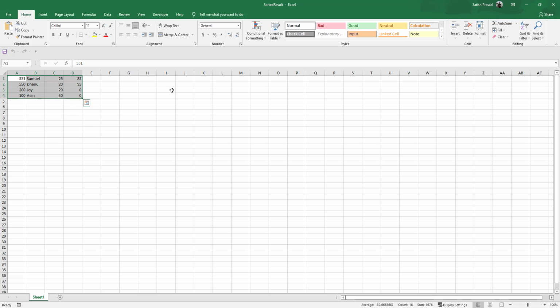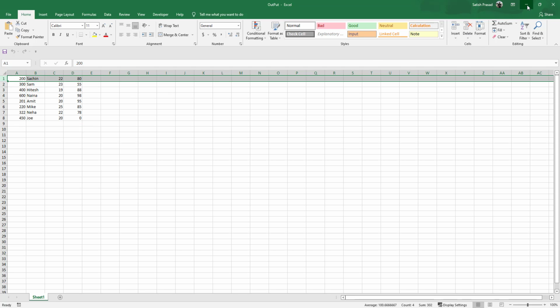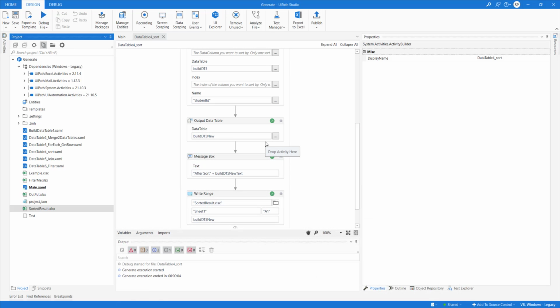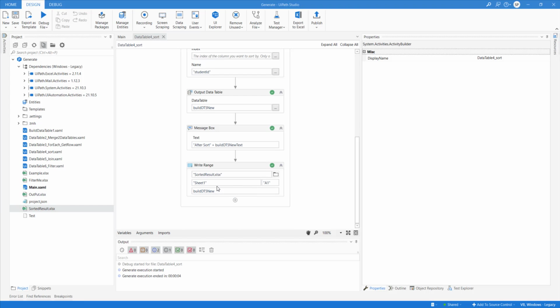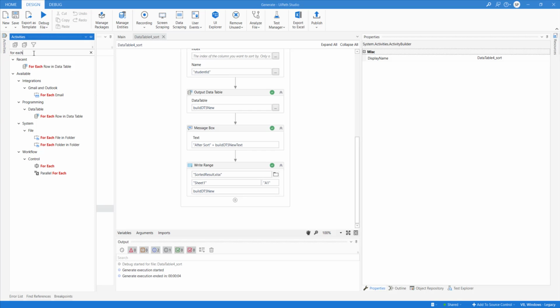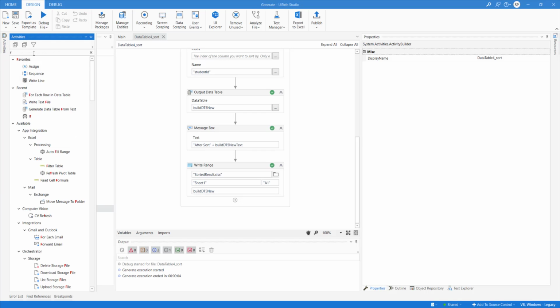Any doubt here on this? Yeah. You are giving the extension as Excel. Can I give .csv? Obviously, yes. So let's write CSV.